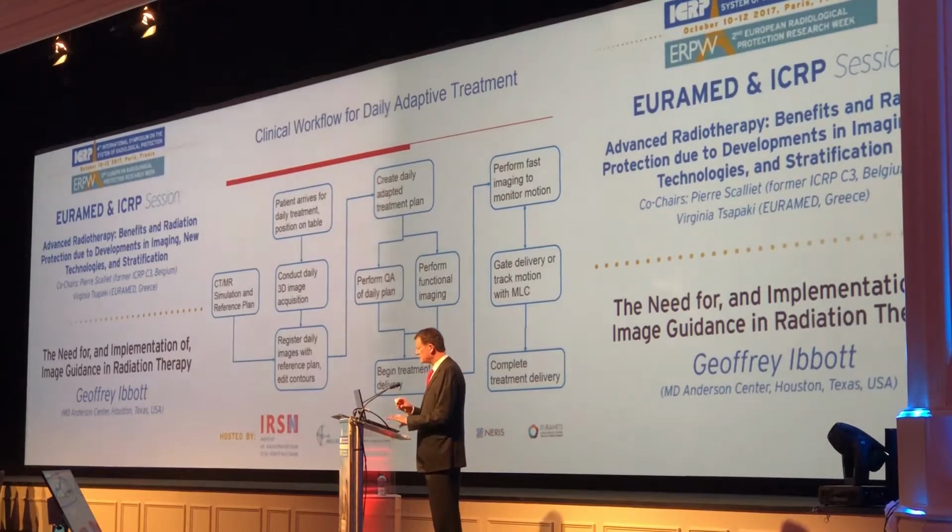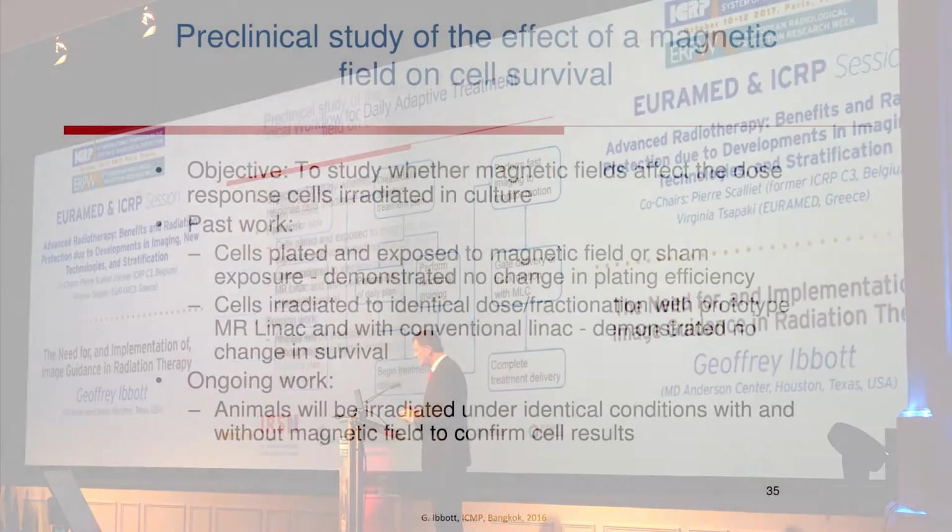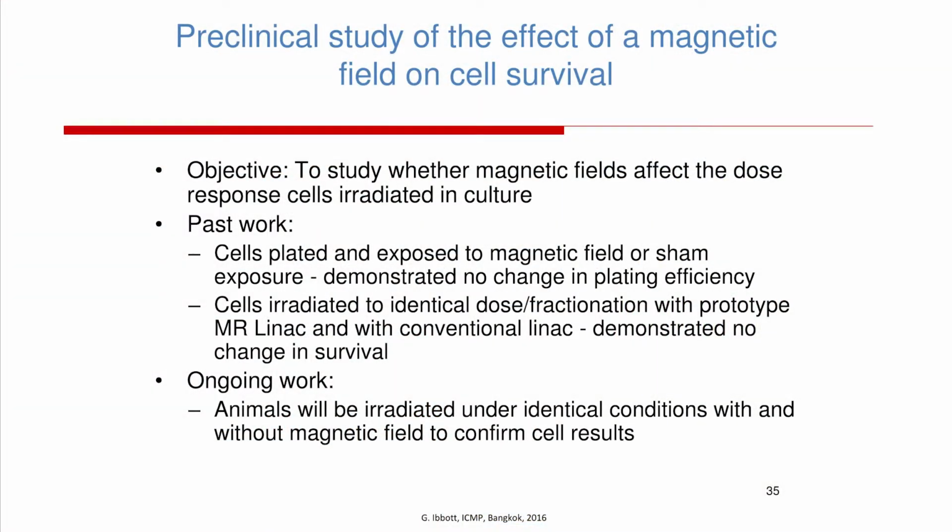With the benefits that every day the treatment is adapted so it can be improved each time and potentially optimized for treatment delivery, so that rather than using a single prescription every day, we might modify the prescription from one day to the next. Now, as with any new thing, there are questions about the biological effects of a device